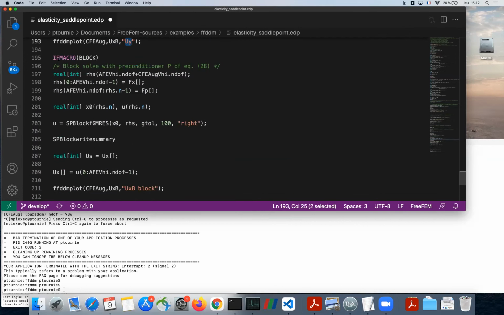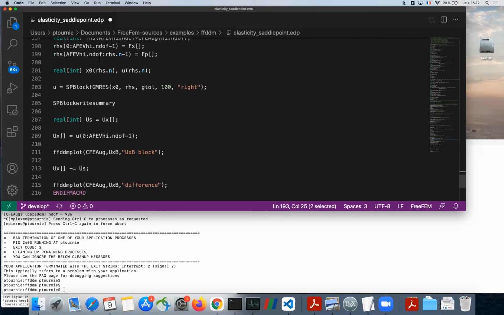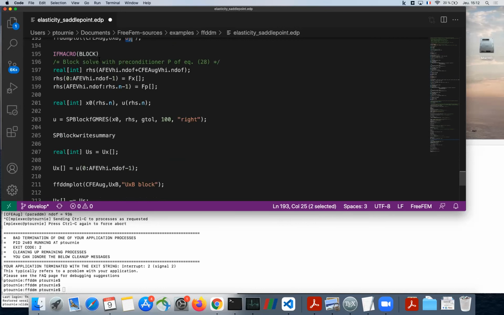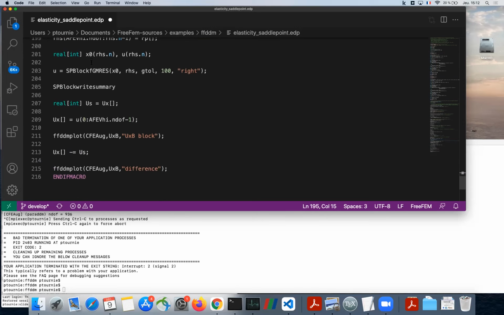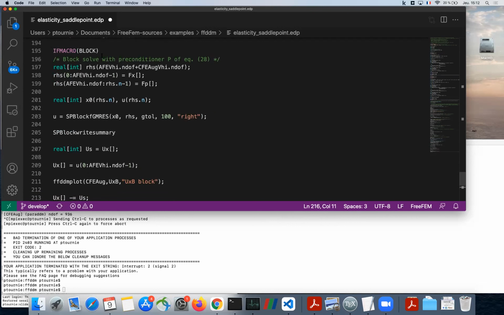There is also a block version that is written for the whole matrix, without going into the Schur complement pressure space and limiting the unknowns. But this is clever commenting: if you embed that in an if macro and the macro is not defined, the code is not compiled. It's a pretty easy way to comment without worrying about nested C++ block comments.